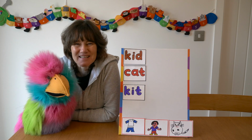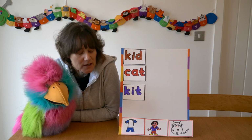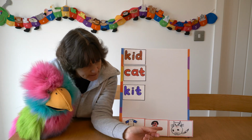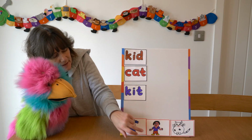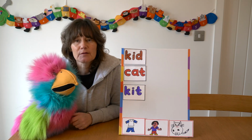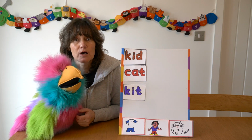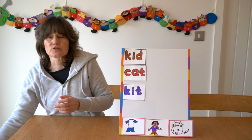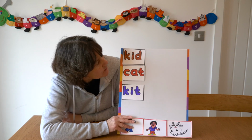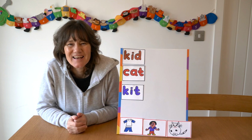I'm going to set Percy a challenge. I'm going to see if he can match the picture to the word. So our pictures today are cat, kid and kit, okay? But before we do that, we need to practice reading the words. So let's try. Remember how we're going to say each sound and then blend them all together to make the